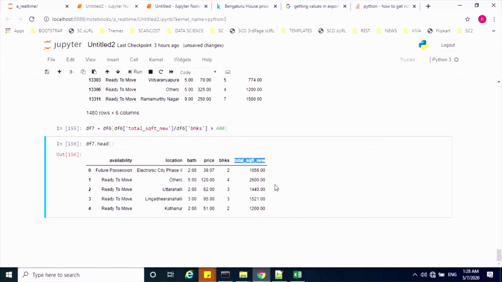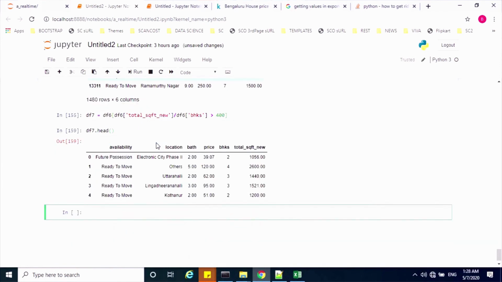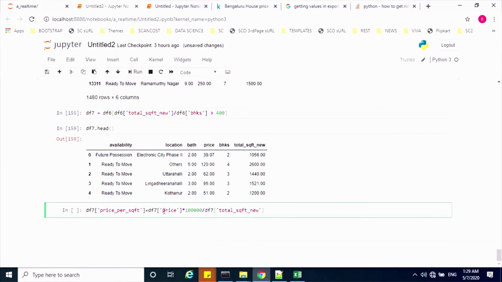First of all, we will create a new feature called price per sqft. We have a command like this. Basically the prices are in lakhs, so I'm converting by multiplying by 1 lakh, then dividing by the total sqft, so that I'll get the price per sqft. Now I'm creating a new column called price per sqft.